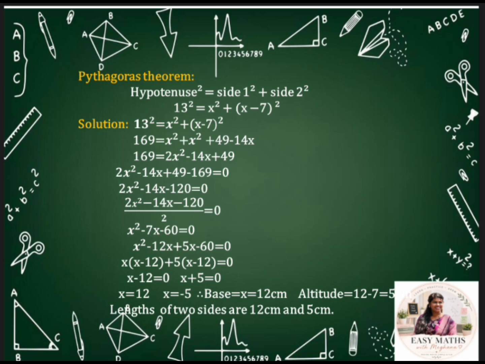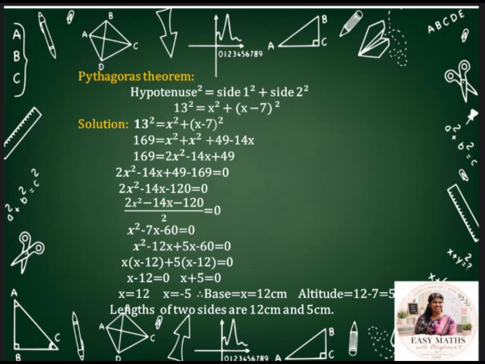49. Here I applied a minus b whole square is equal to a square plus b square minus 2ab formula to x minus 7 the whole square. Then if you solve it, you will get the expression in the form of x square minus 7x minus 60 is equal to 0, which is there in the format of ax square plus bx plus c is equal to 0. Now if you do the factorization method, you will get x square minus 12x plus 5x minus 60 is